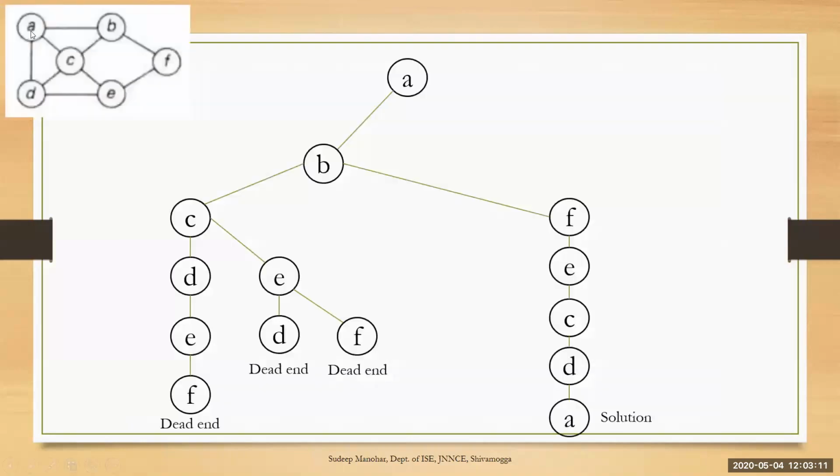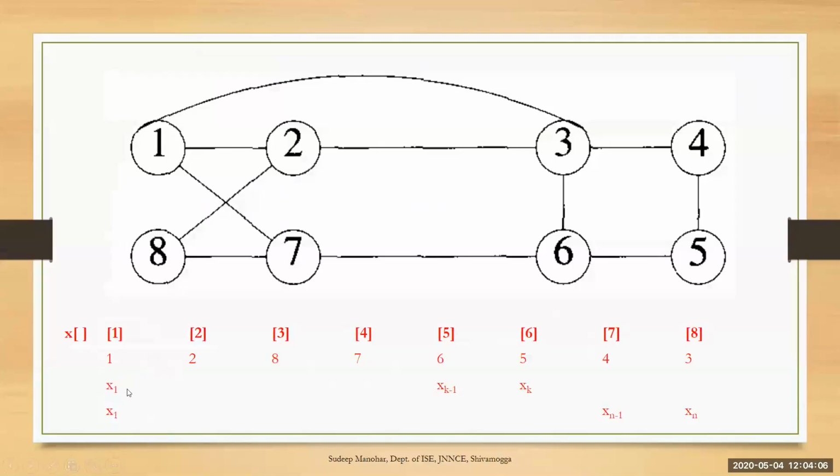always the first vertex is the lower numbered vertex. So in this example, I have taken the alphabets. If I take the numbers starting from 1, then always x1 will be 1. So if you look at the previous diagram, if you look at this, x1 is always 1. So these are different values for k. So this is xk, whatever you are finding, these are xk values.